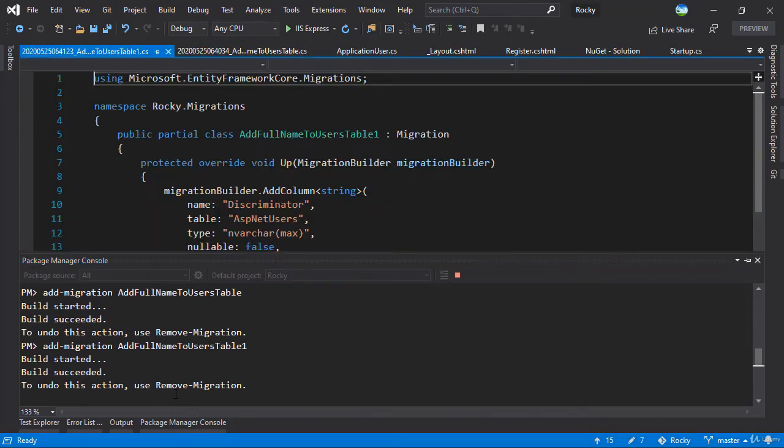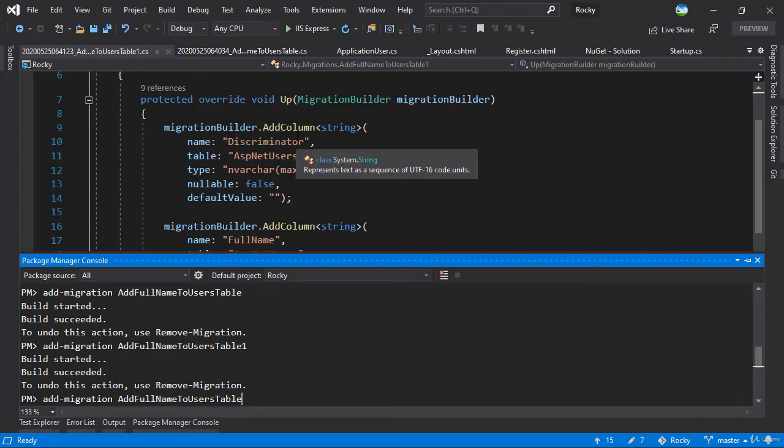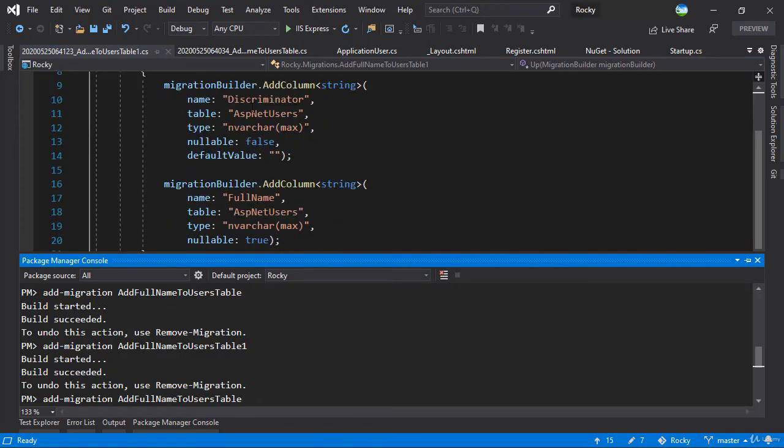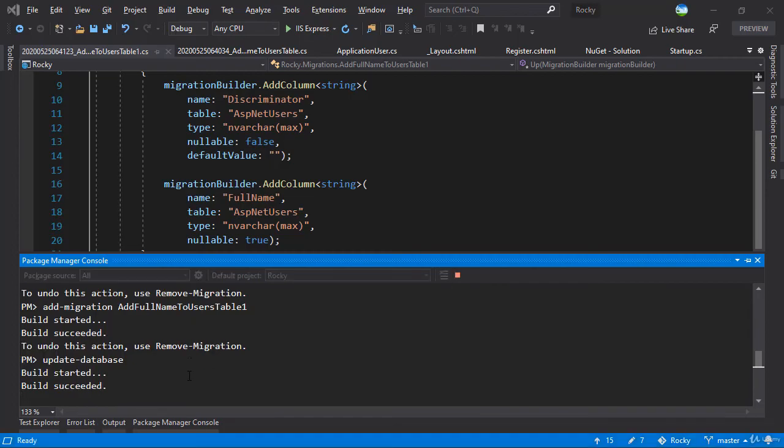If you wanted, you could have removed the old migration, but I just went ahead and you can see what it does is it is adding two columns. One is Discriminator and the next one is FullName. Discriminator is a column that will tell you how this user was added, and I will show you when we create a new record. That being said, let me update the database and push these two columns to our ASP.NET